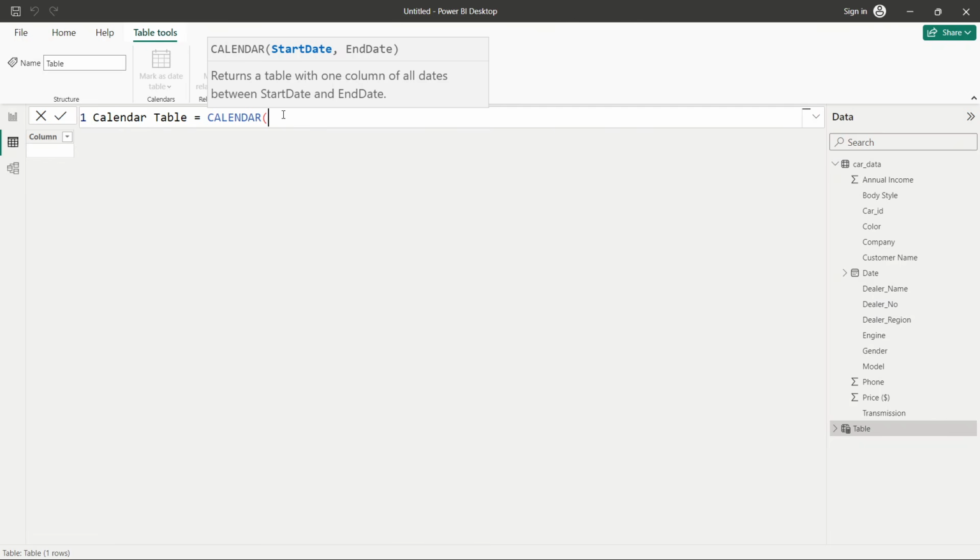So how will you specify the start date and end date? We already have a date table in our car data set, right? From there only we will pick our start date, and from there only we will pick our end date. The minimum value in that particular date table will be our start date, and the maximum value will be our end date. So whenever the values change in our car data set, automatically it will be taken into our calendar